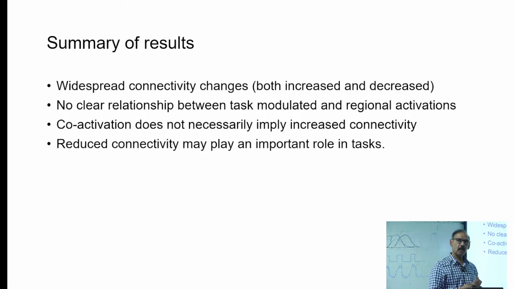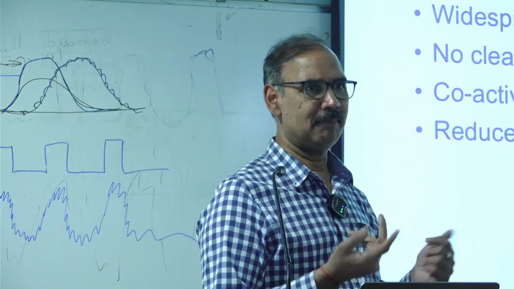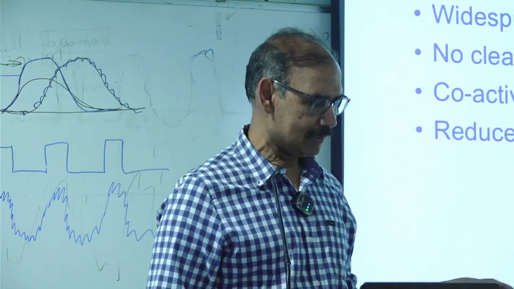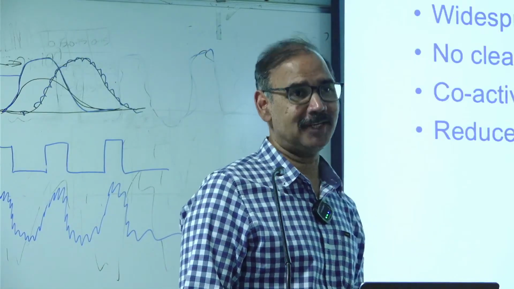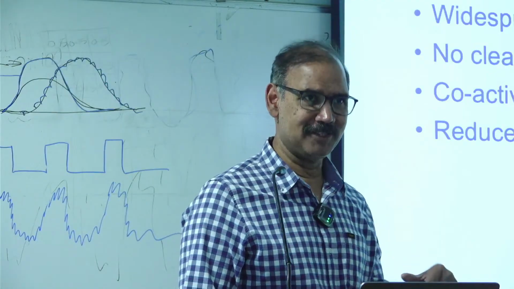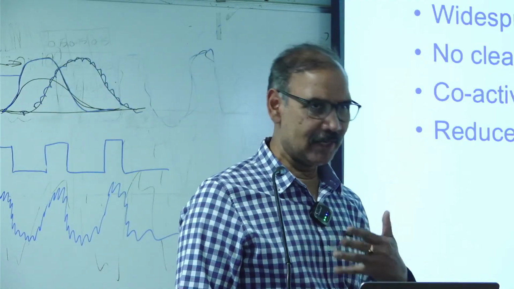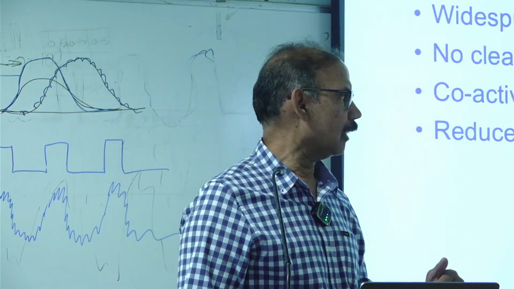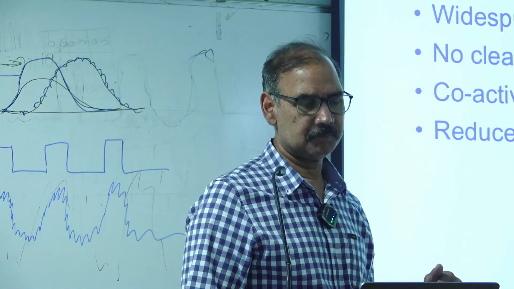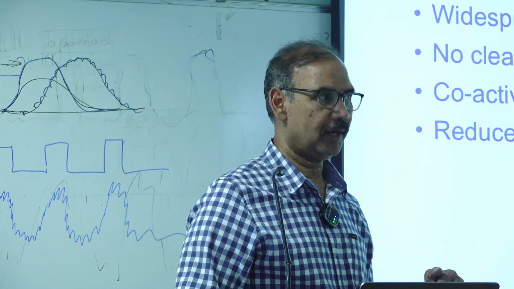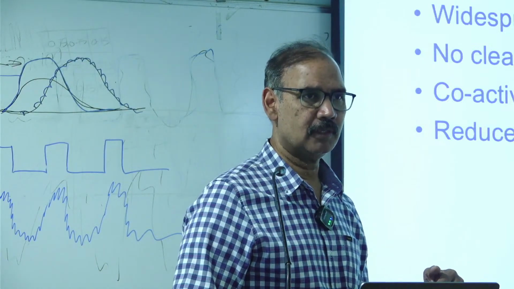So the challenge is to understand, for different tasks, how the connections are getting affected. Maybe those of you who have a psychological background can think of a task where you could change this, right? That would be a very interesting way to analyze the data. All right. Any other question?